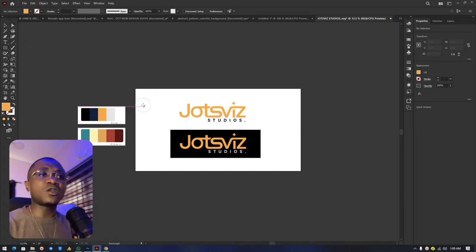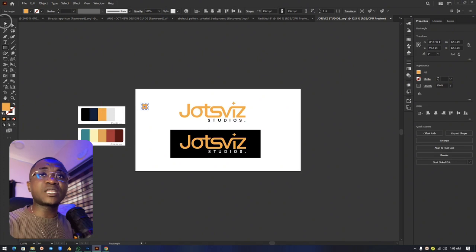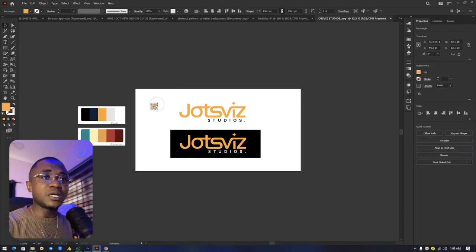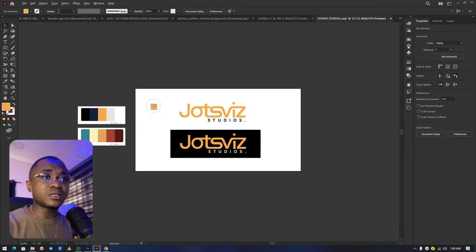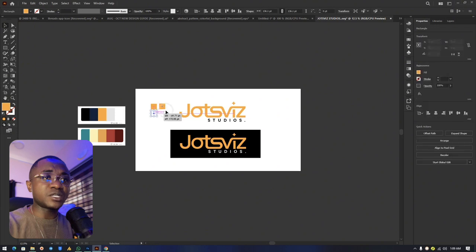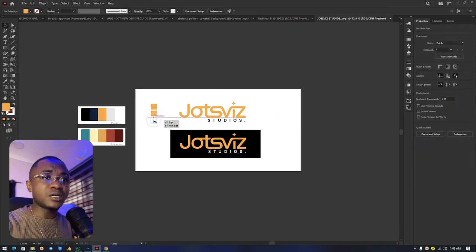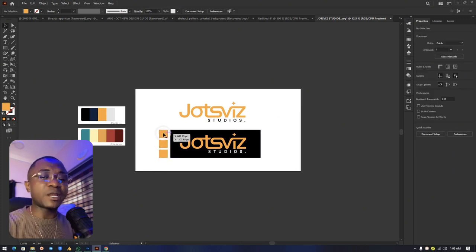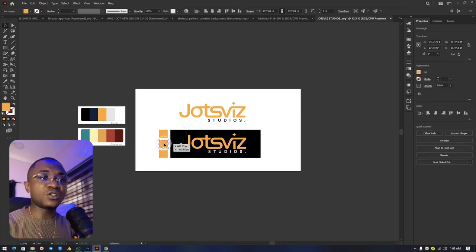Let's create our color palette very quickly. We want to use 3 colors for this particular design. So let's expand this and let's make it 1, 2, and let's make it vertical align, and 3. Perfect. We have 3 colors from here. Let's push them down here and expand them a little like this. Perfect. So we have our primary color, which is the yellow. We have our secondary color, which is the